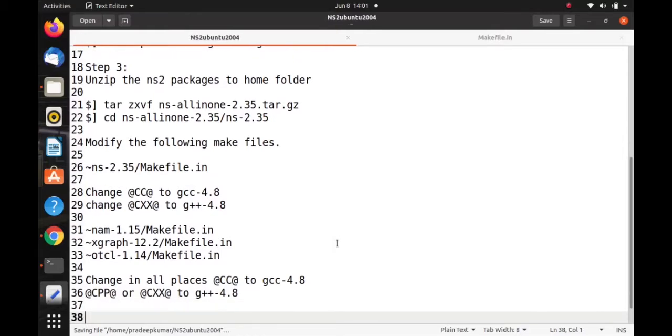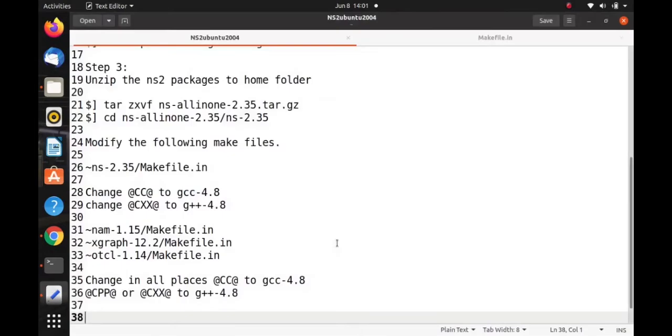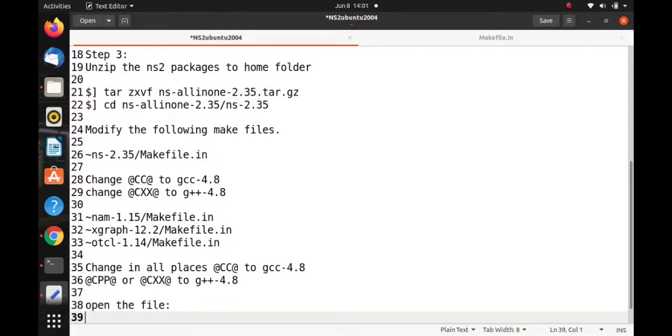Once we have done the changes, then the final change is there. Open the file ns hyphen 2.35 slash linkstate slash ls.h.